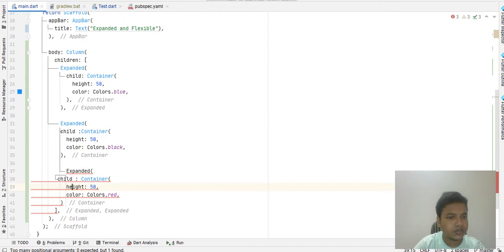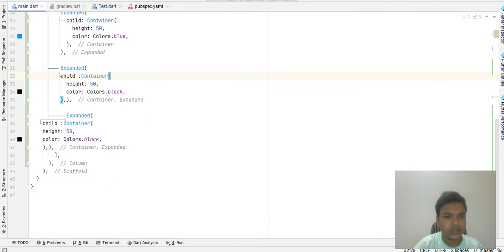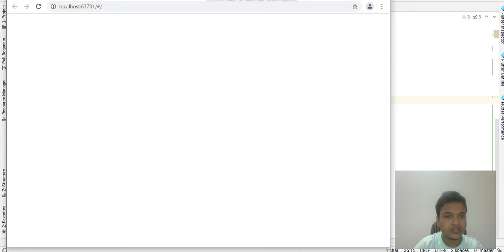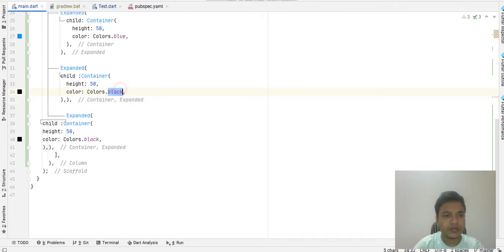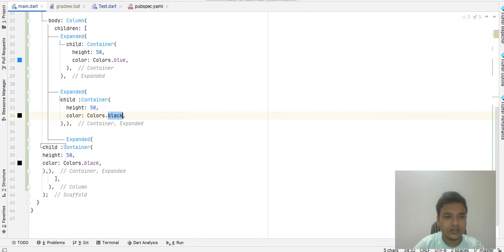Let me take a look at what happened here. Okay, we have to provide one more. Here we just forgot to add the braces, that's why it created an error. Click on hot reload and see what it brings on screen. And here you can see that it contains everything. This happened because we need to change this to red.